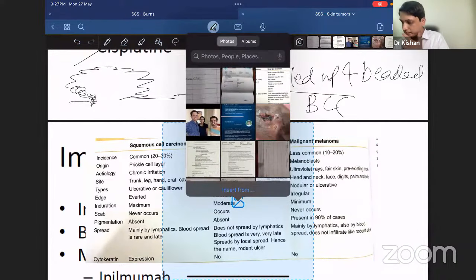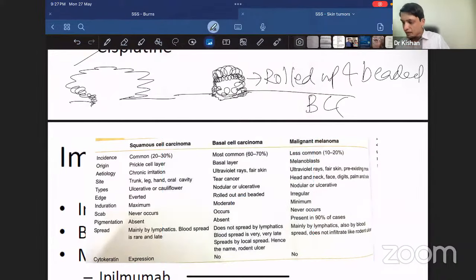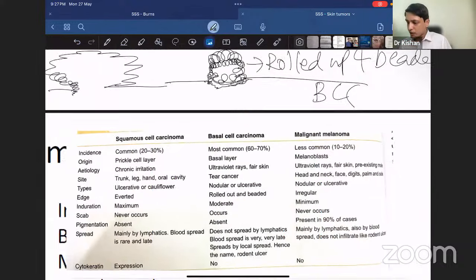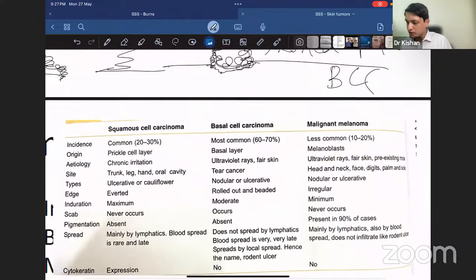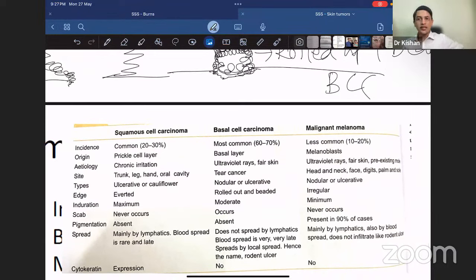This is the summary. We'll just revise all three tumors in one chart. Incidence-wise, which is the most common one? This is today's quiz. The quiz is all based on this one particular chart. So incidence-wise, which is the most important, with the highest incidence